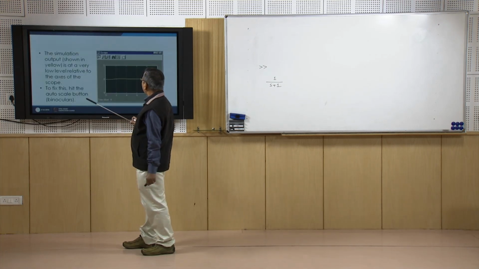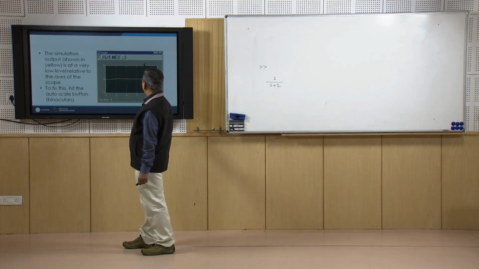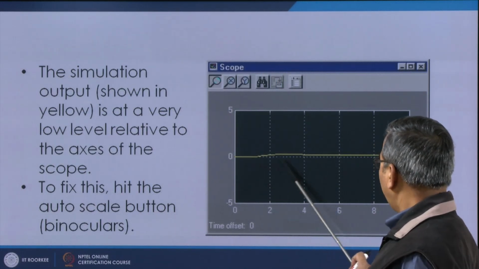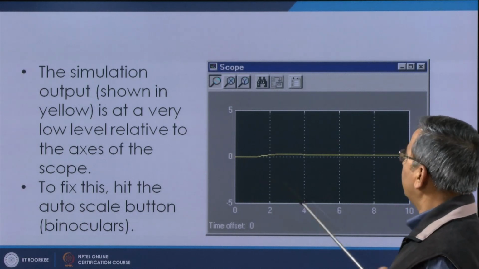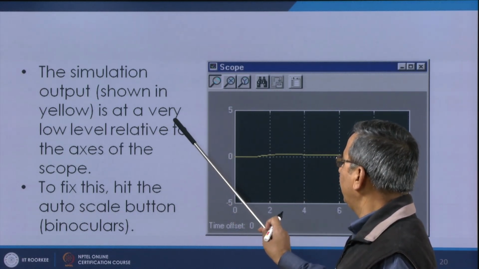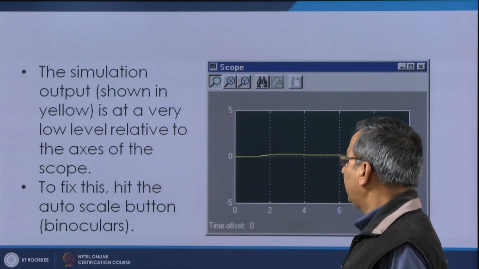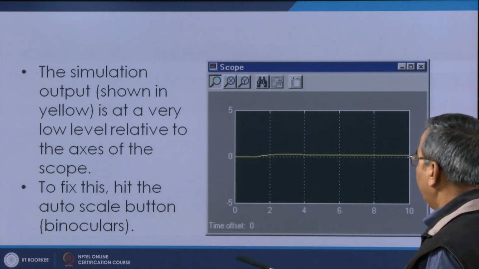So, this is how it turns out to be. This is your scope, where you will see one yellow line like this. The simulation output shown in yellow here is at a very low level relative to the axis of the scope. And to fix this,